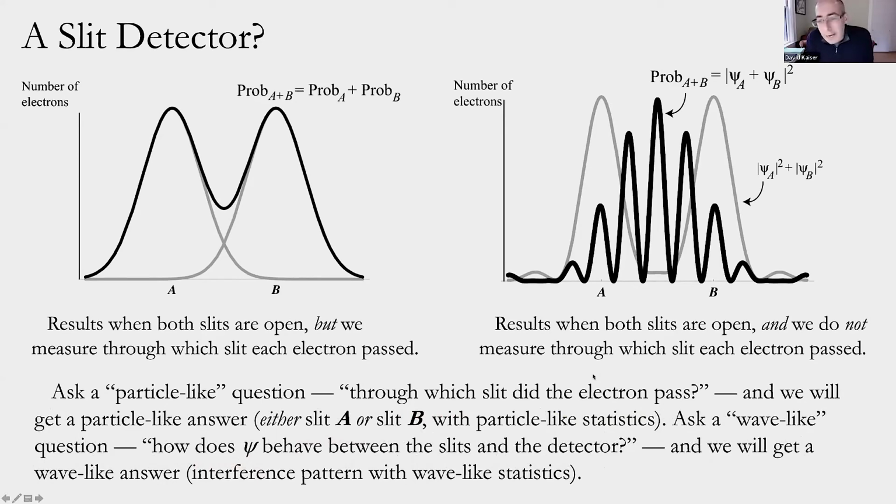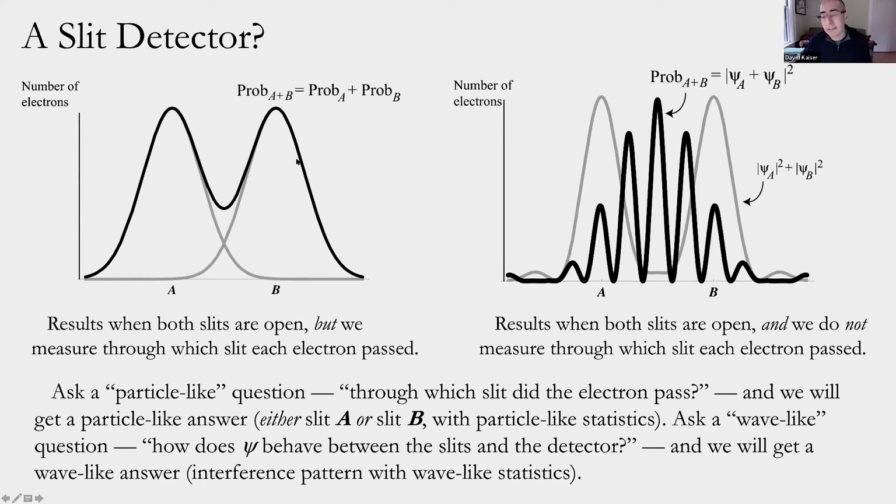So what we're really finding conceptually, and this is what people began to converge around even by the late 1920s, was that if we ask a particle-like question, such as, what was your path? Through which slit did an individual particle pass? We will get a definite answer. We'll get a particle-like answer. Each particle either went through slit A or went through slit B with corresponding particle-like statistics. It's all consistent. We'll get a clear answer, and the whole rest of the problem will be consistent with particle-like